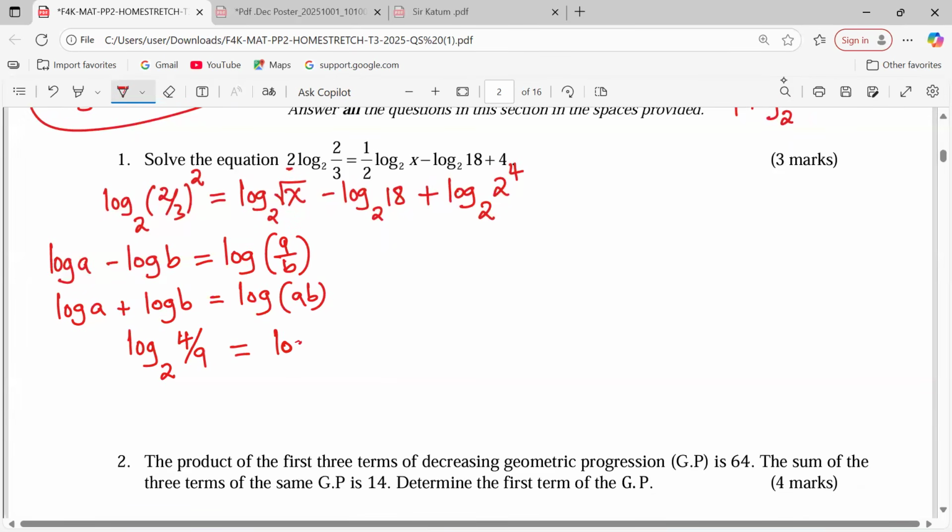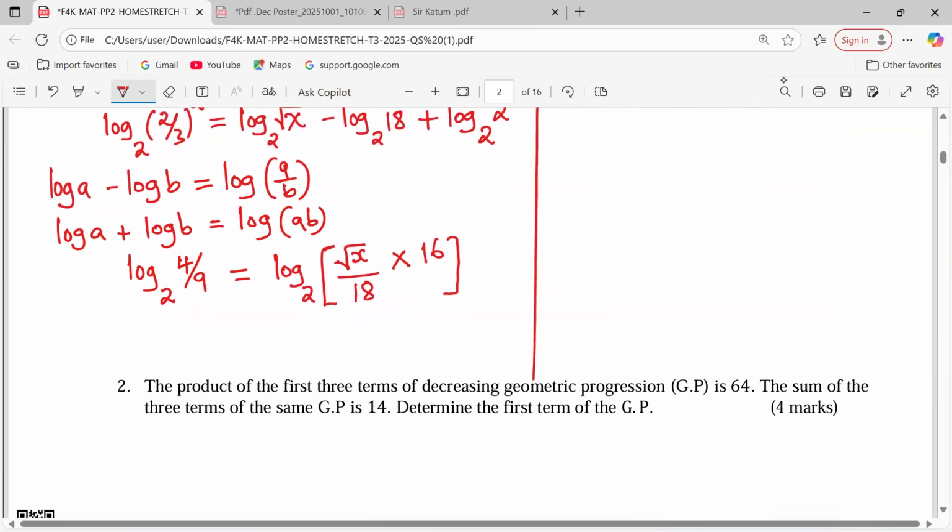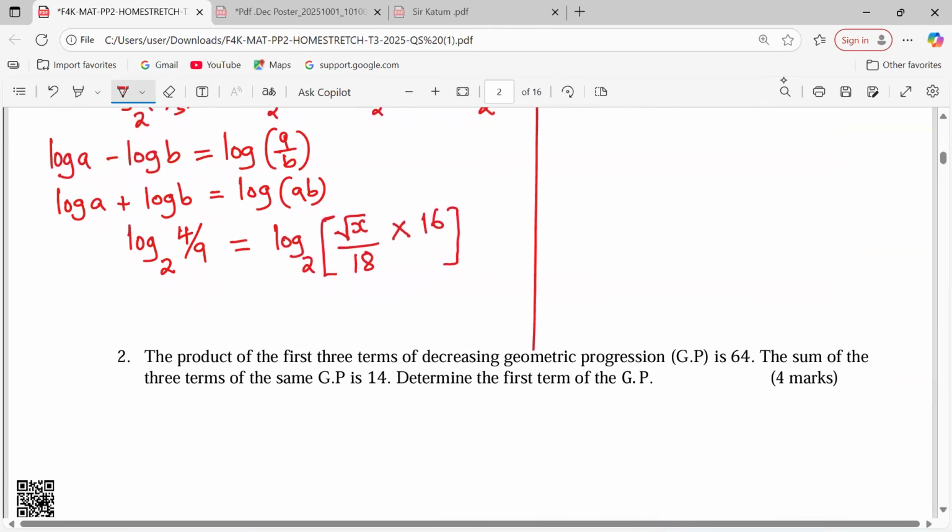equals the logarithm to base 2 of the square root of x divided by 18, but multiplied by 16. I hope that is 16. Yeah, 2 power 4 gives us 16 that way. Now that we have applied the logarithm laws, we can now drop logarithms. Then we equate the left to the right hand side. 4 out of 9 equals